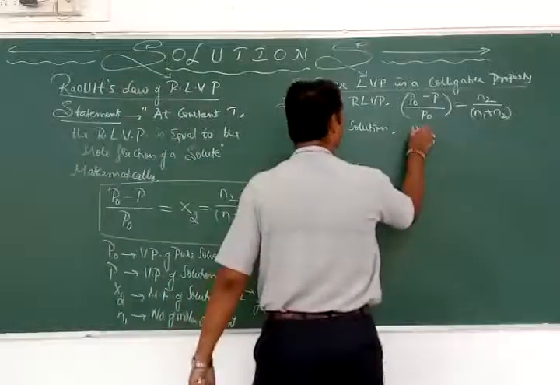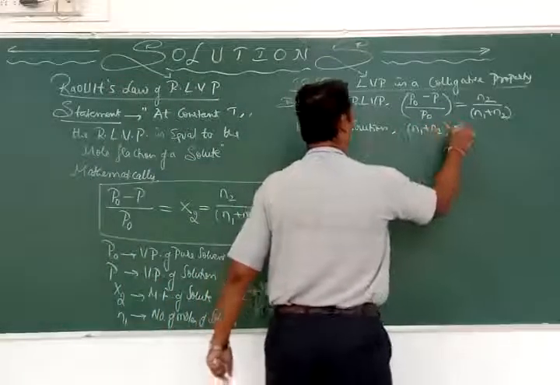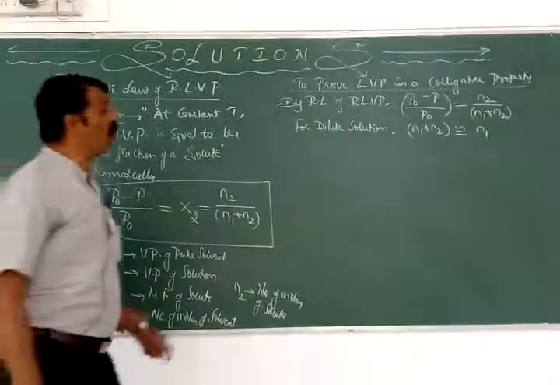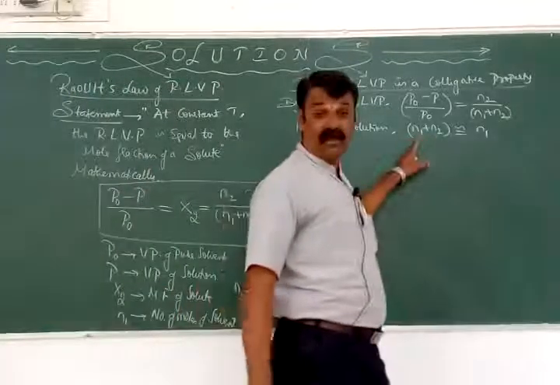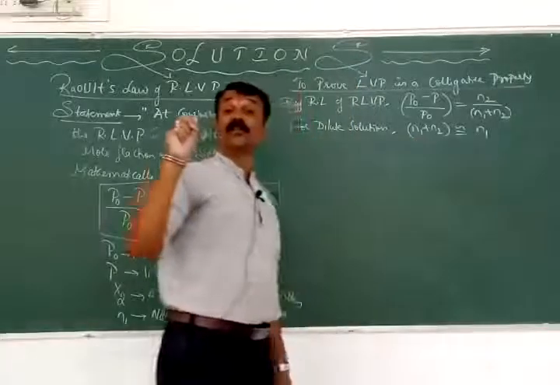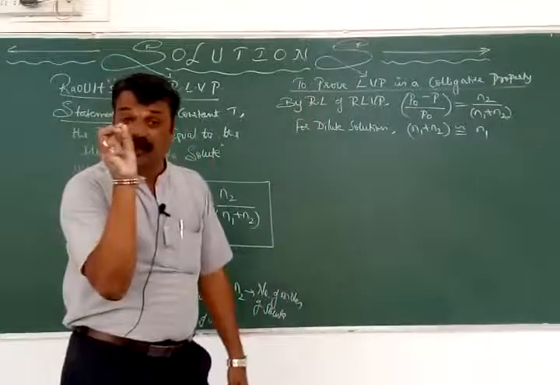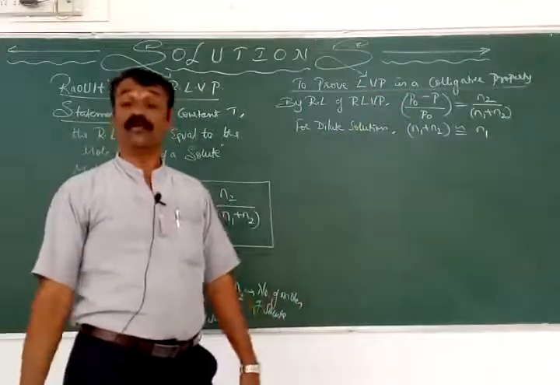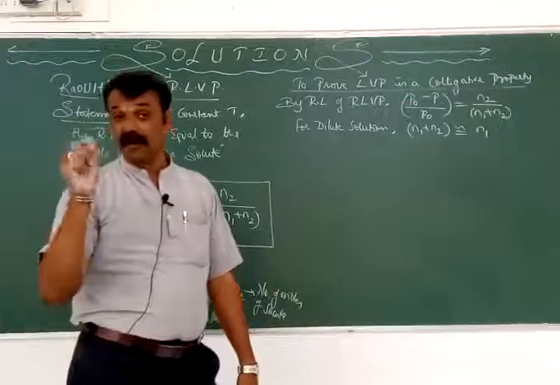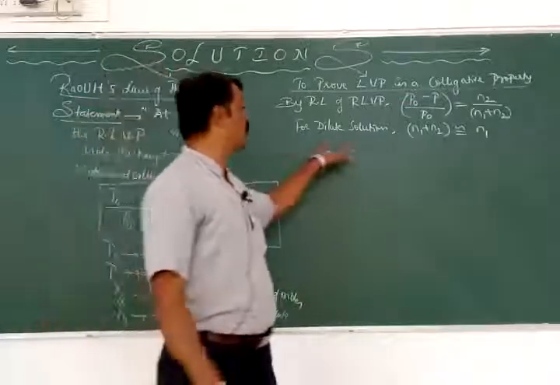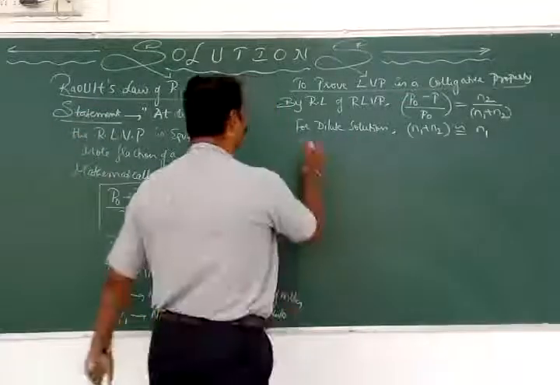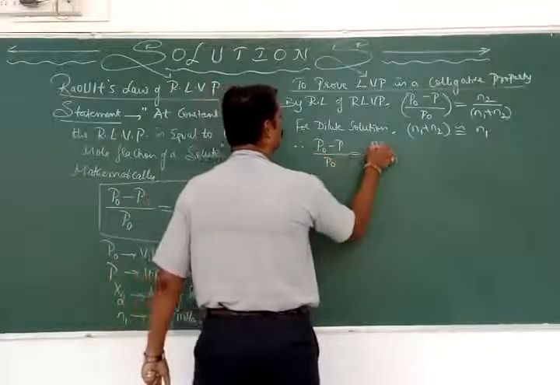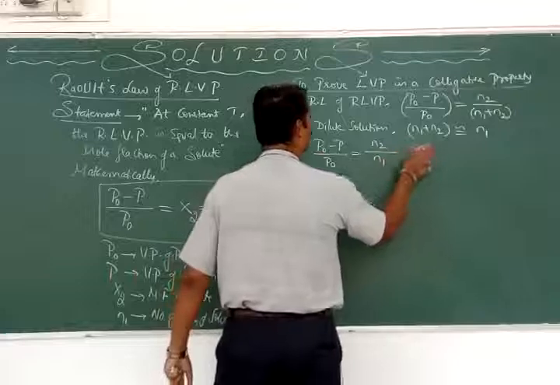For a dilute solution, can I say that N1 plus N2 is nearly equal to N1? Yes, we neglect N2 compared to N1, because in a dilute solution the number of moles of solute is very small compared to the amount of solvent. Therefore, N1 plus N2 is nearly equal to N1 for a dilute solution. Therefore, (P naught minus P) divided by P naught is equal to N2 divided by N1,